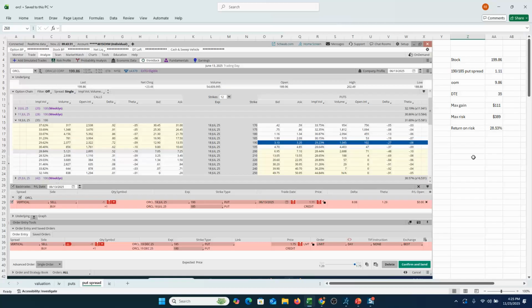frame versus now, right? June 13th, stock just under 200. That 190, 185 put spread, which was a little less than 10 points out of the money, trading a little bit over a buck, $1.11, right? 35 days again until expiration. So your max gain, $111 for each one you sell. Max risk, $389. So about a 28.5% return on risk with a little over a 9.8 point cushion on that